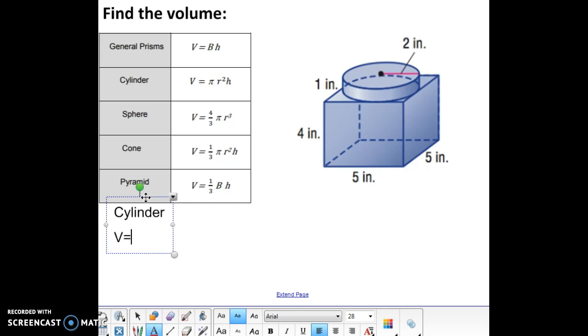Let's just do volume of the cylinder is 3.14, I'll type 3.14 because it's easier. The radius is 2 squared, so that's 2 times 2. And then the height of that cylinder is 1. So this would be the volume of the cylinder. The radius is 2, the height of the cylinder is 1. So that gives us 4 times 3.14, which is